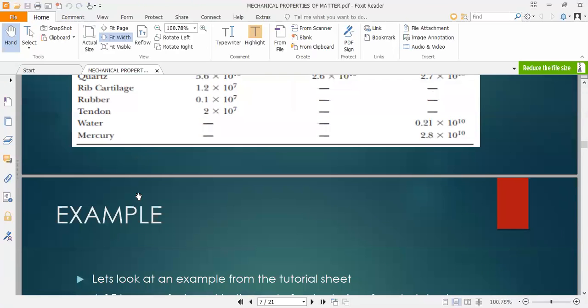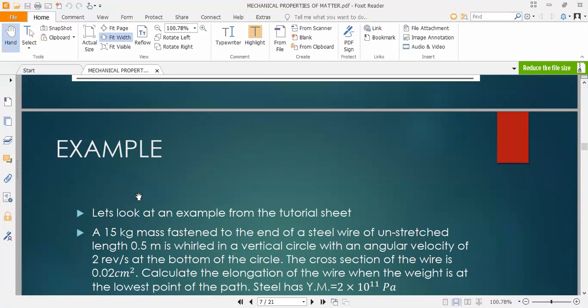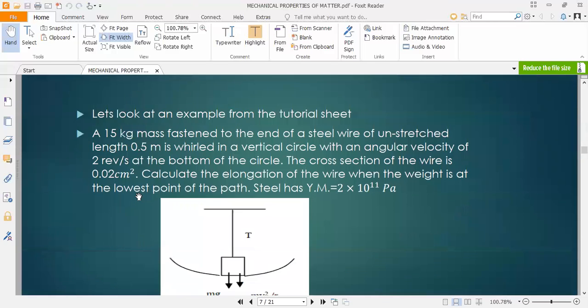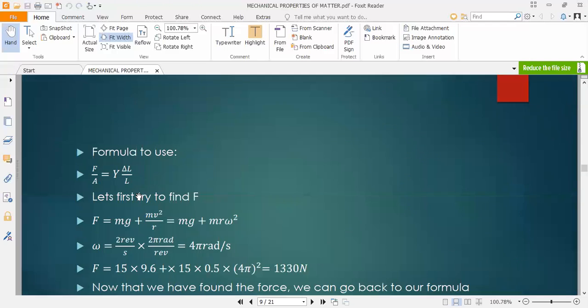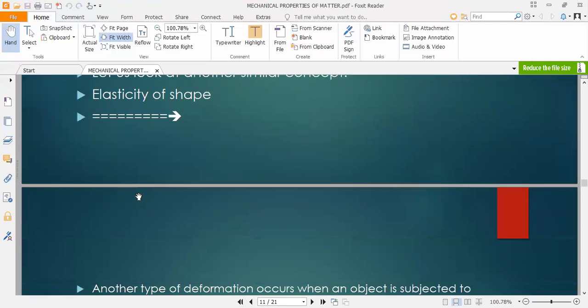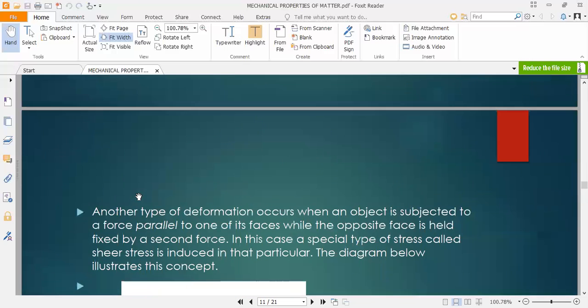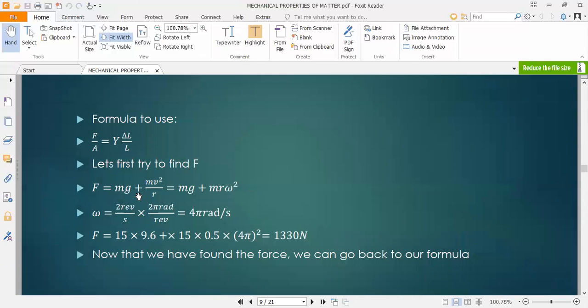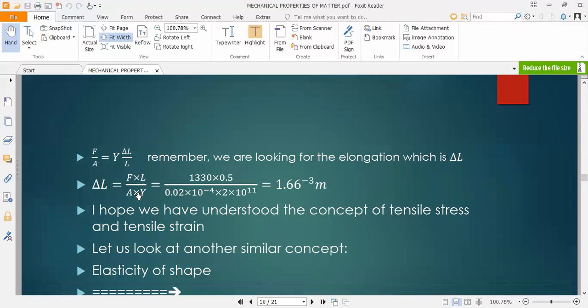So if they ask in the multiple choice, what is Young's modulus? You will just be looking at the measure of how hard it is to stretch an object, trying to change its length by stretching it. That measurement is called Young's modulus. So today we are looking at another interesting property of matter, and today we'll be looking at